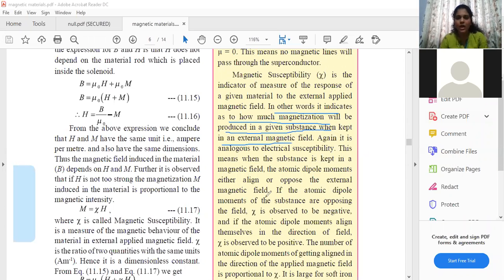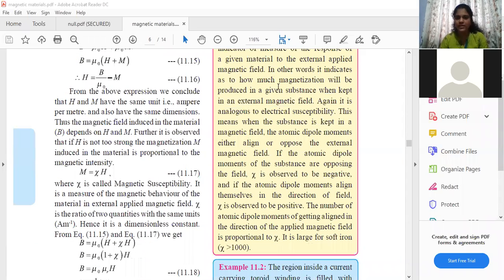There was some important point over here. Students, you can mark down the points that I'm reading out, if you have your textbooks near you. This point is important. See, students, it is analogous.